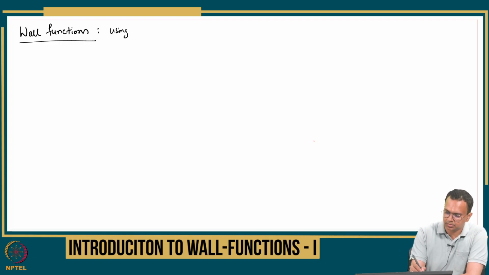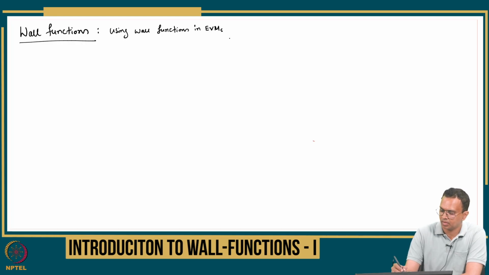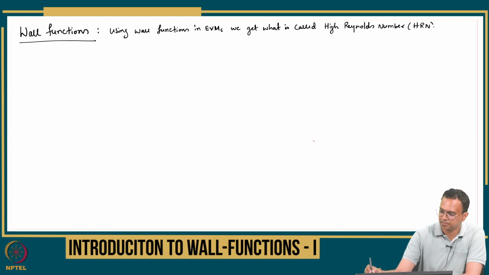So using wall functions in eddy viscosity models, we get what is called the high Reynolds number or the HRN formulation, or HRN models